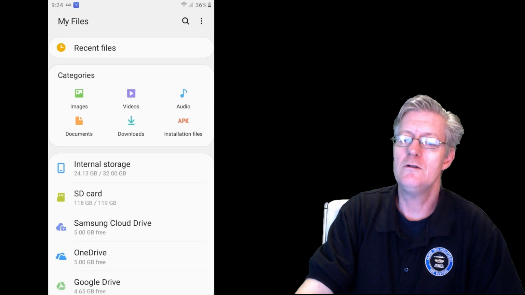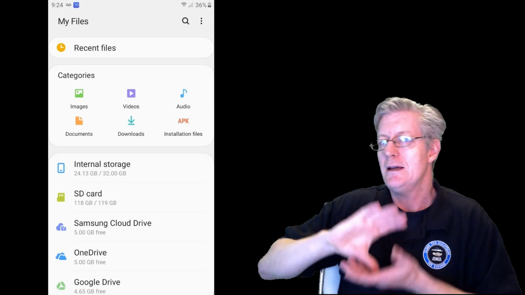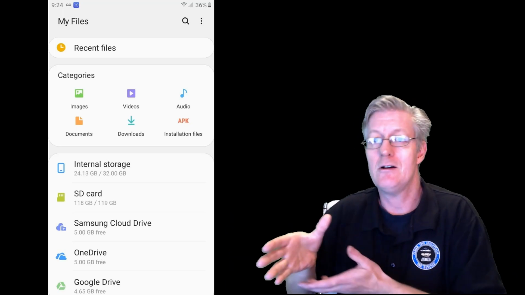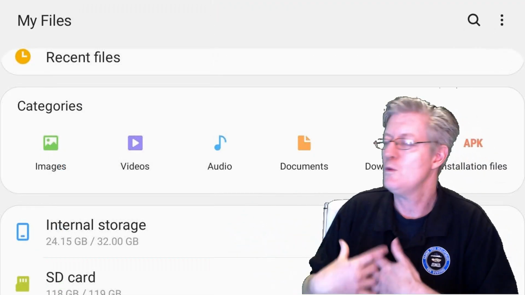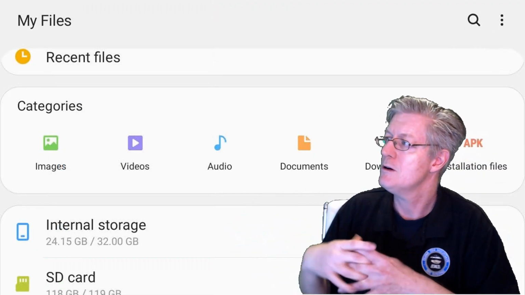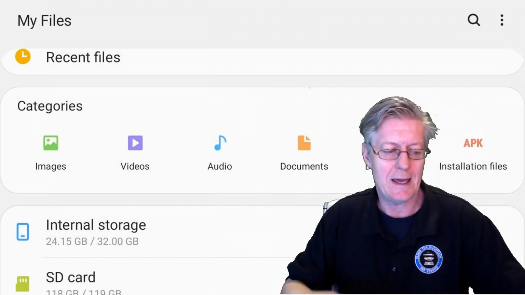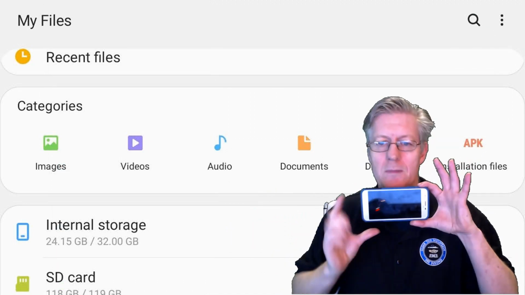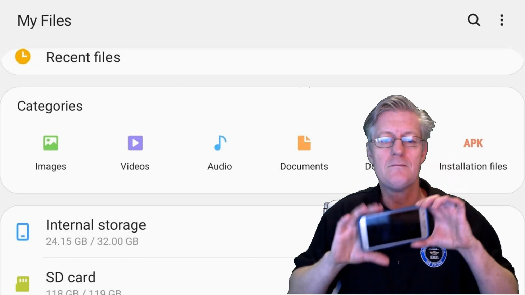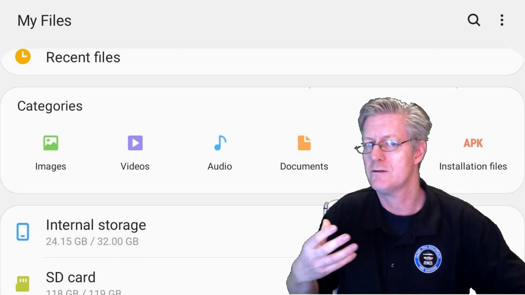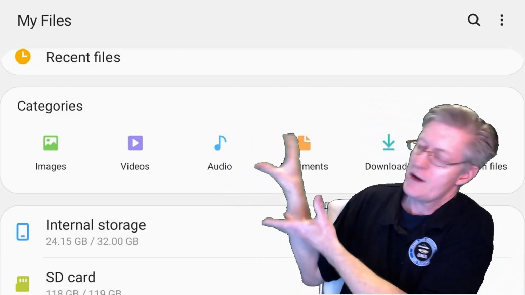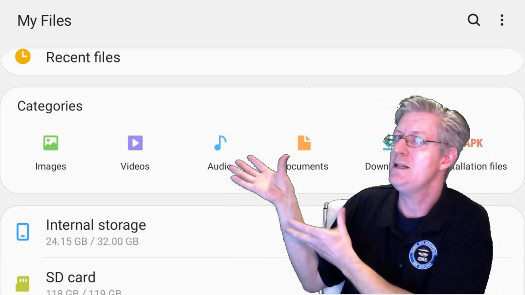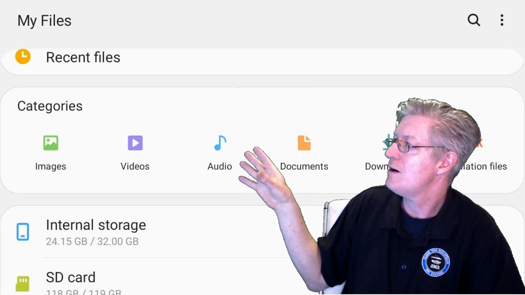What I'm going to do is take my phone and lay it on its side, and now this is the way I actually use my phone when I'm working with it as my main computer. The phone is going to be laying in this way on the side, and so it's more like a computer screen. And when I do that, I see everything spread out in this way, and so it's a little bit easier for me to see and work with my files.